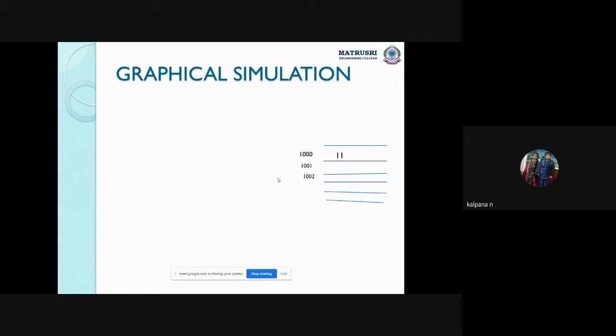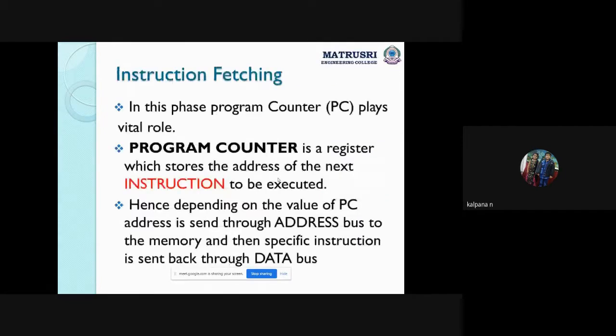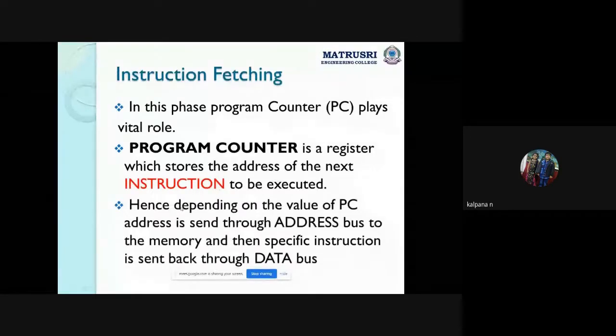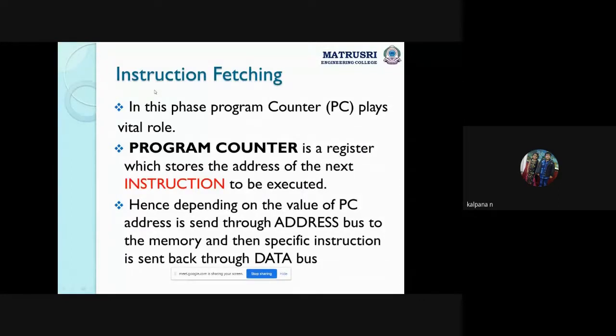Okay. Now, what is the first step in the instruction cycle? Instruction fetching. Fetching means taking. The processor is taking the instruction. So here in this instruction fetching phase, the program counter plays a very important role. Why? Whatever instructions we are giving to the processor, first those instructions are stored at some address.